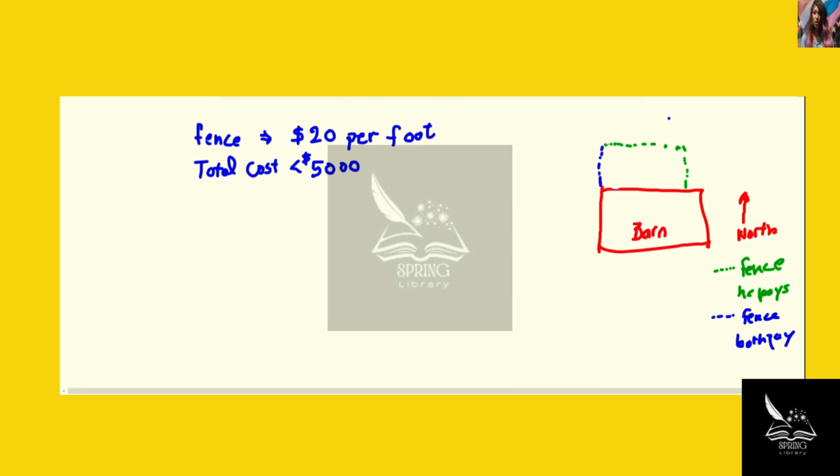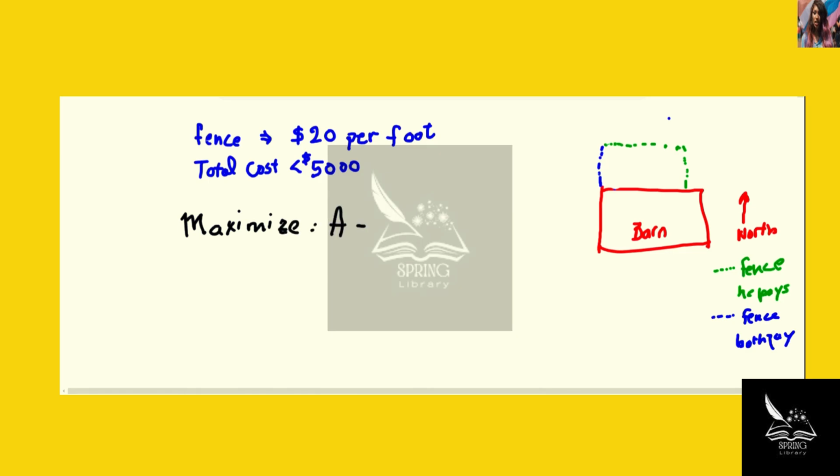And then the green one, he has to pay all of it. And so the most he will spend is $5,000. And the fence costs $20 per foot. And so we want to maximize the area of the pasture field, or I forgot what it was. So we'll just call it area. So we want to maximize